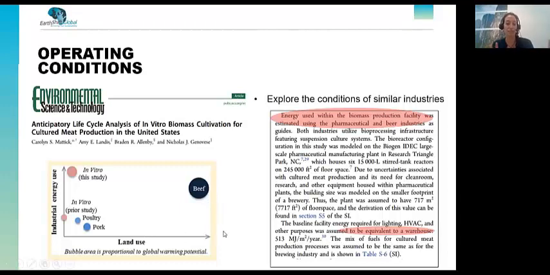This in vitro meat is not being produced at the scale that they are evaluating it, but they're using a proxy. And as LCA practitioners, we use proxies all the time. So this is something that I think, as an LCA practitioner, you could be comfortable with. Of course, we know that these results are explorative. They're not predicting that in vitro meat is better, but they're evaluating the potential of it.